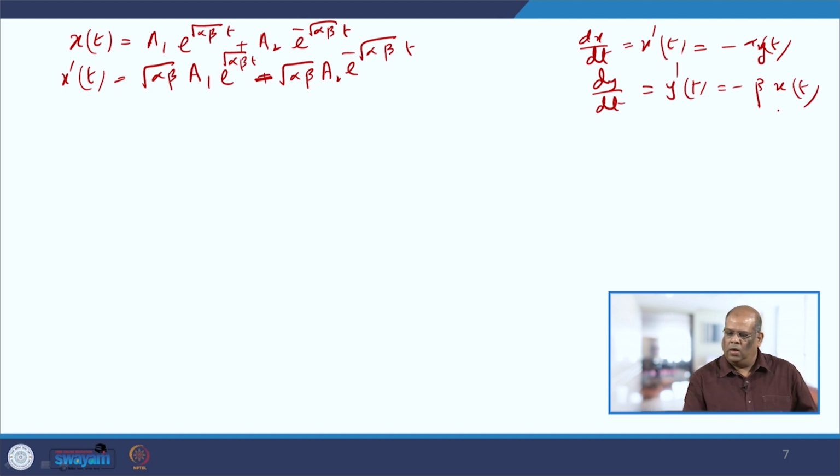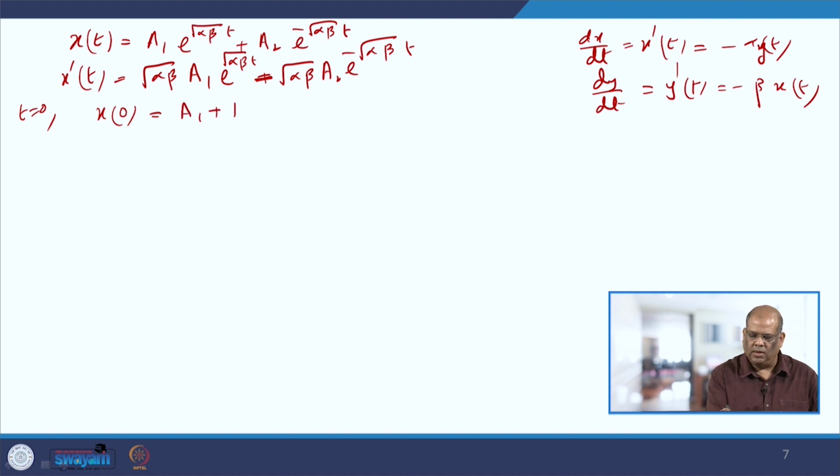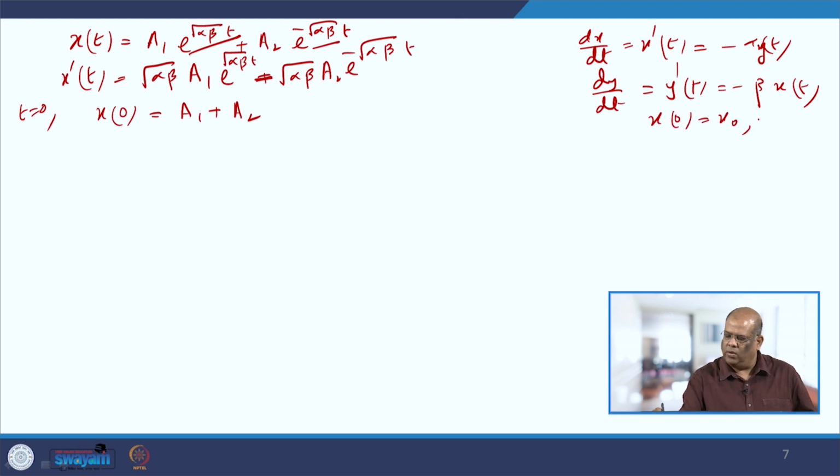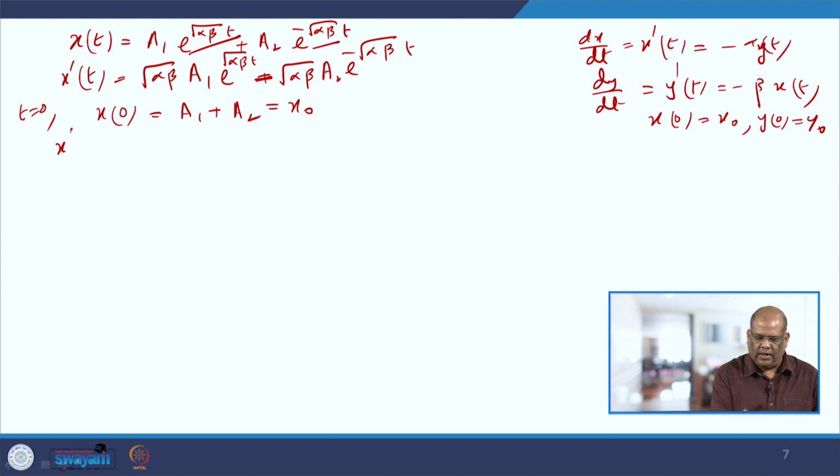So, if I now put t equal to 0 here, I get x(0), which is equal to a1 plus a2, because this becomes 1, this also becomes 1, and it is given that x(0) is x0 and y at time t equal to 0 is y0. So, this value is x0. And if I write x dash 0,